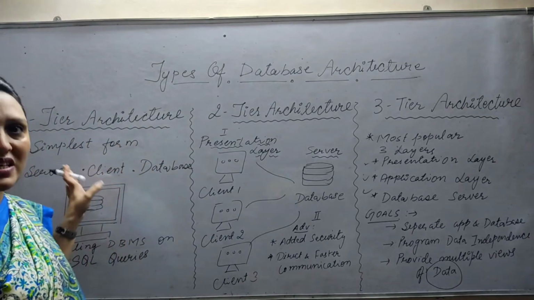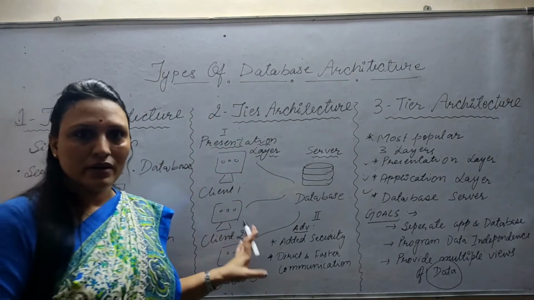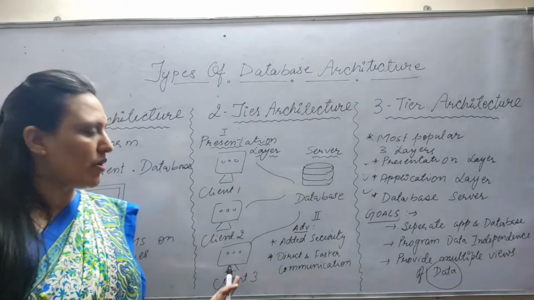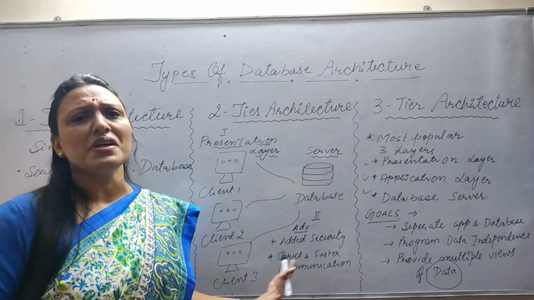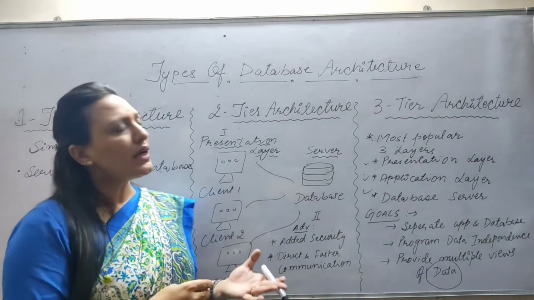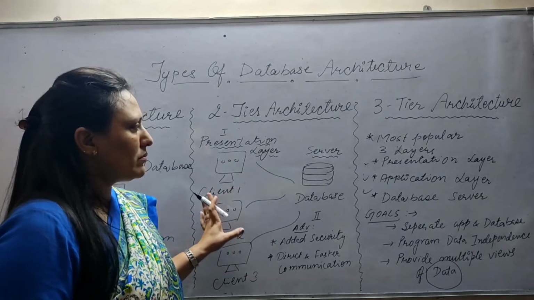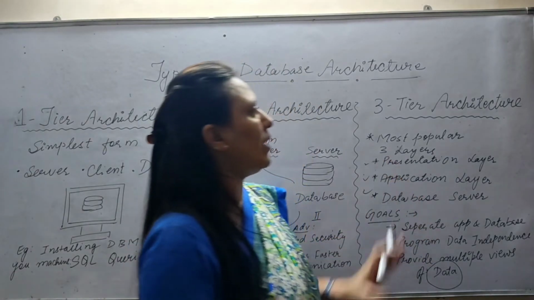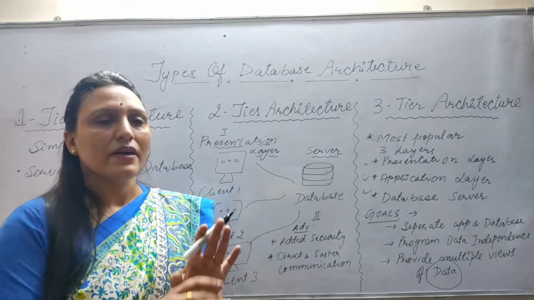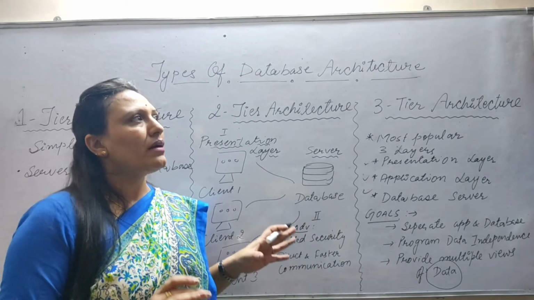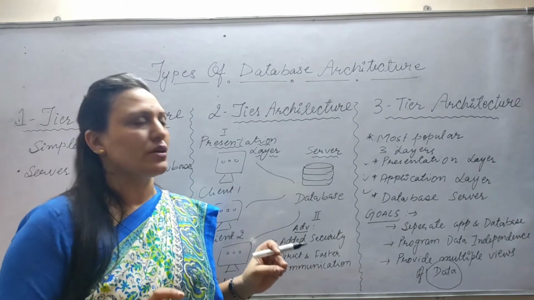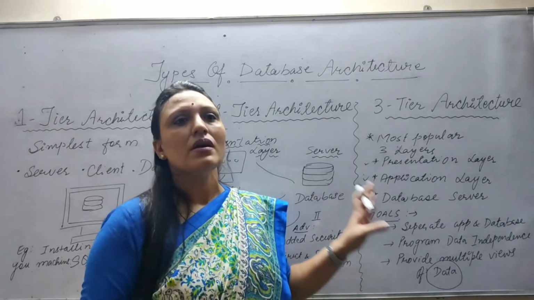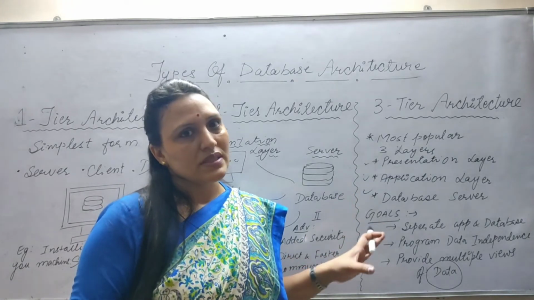One-tier architecture is the basic one. Two-tier architecture is an improved form of one-tier architecture, where the security is more and it gives you faster and direct communication between the database and the applications. So here the layer has been divided into two parts. In three-tier architecture, we have three layers. Everything is independent and they are more efficient. This concept is more efficient as it provides a faster, independent working scenario.